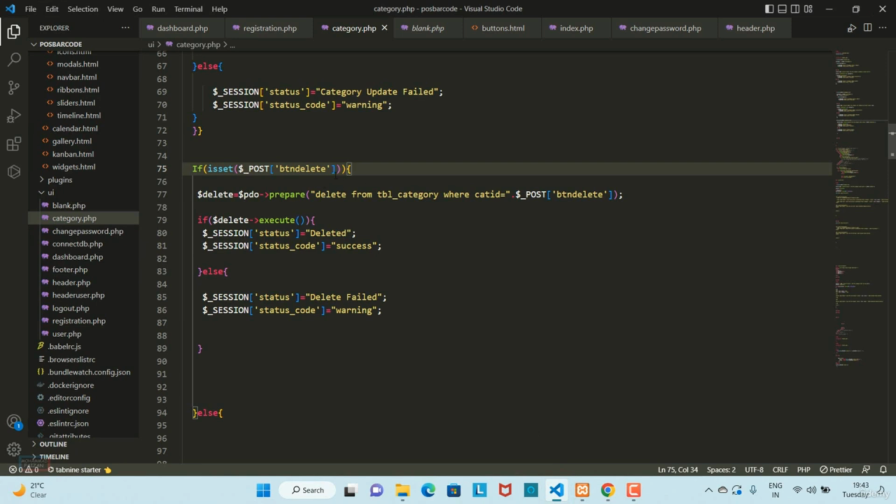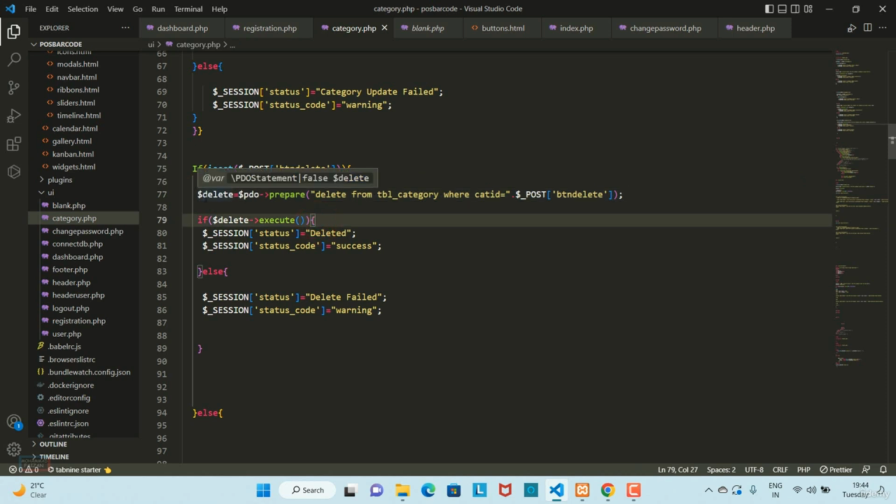And what I have done here: you can see I just used an if condition, and I used the isset method. I just check whether our button is clicked or not, and if our button is clicked, then this query will execute. So this is the delete query, and I just used the execute method. If our query runs successfully, then it will show us this message using SweetAlert. If our query fails, then it will show us this message,